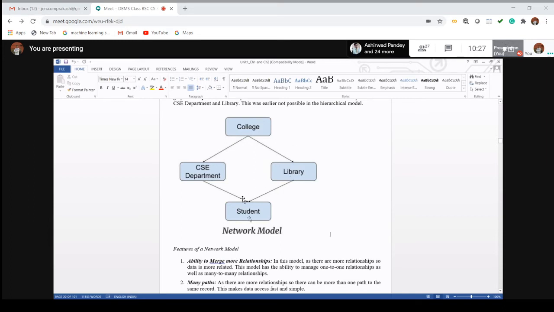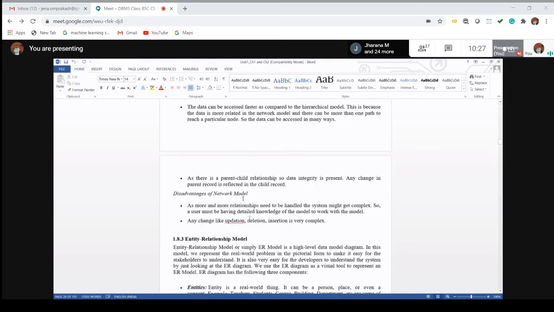Just like this, suppose you were in the previous semester, the second semester, and now you are in the third semester. Then we have to update the same thing in the department as well as in the library. That means in the library the value should be updated to the third semester, or the books to be given by the library belong to the third semester. So that is the problem of the network model.